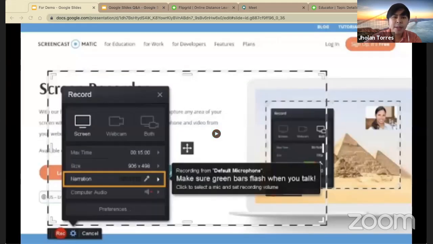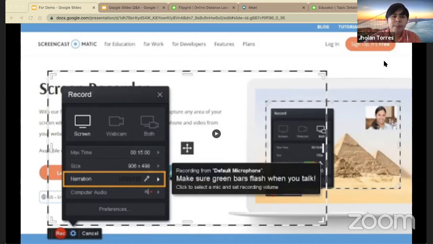Yesterday, we had a discussion about synchronous and asynchronous learning, and we focused on creating asynchronous instructional material. When you say asynchronous, it is not live. The students can do it in their own time at their own pace, so it's self-paced learning. We also had a demonstration about the different applications that we can use, as teachers, to create our instructional material.